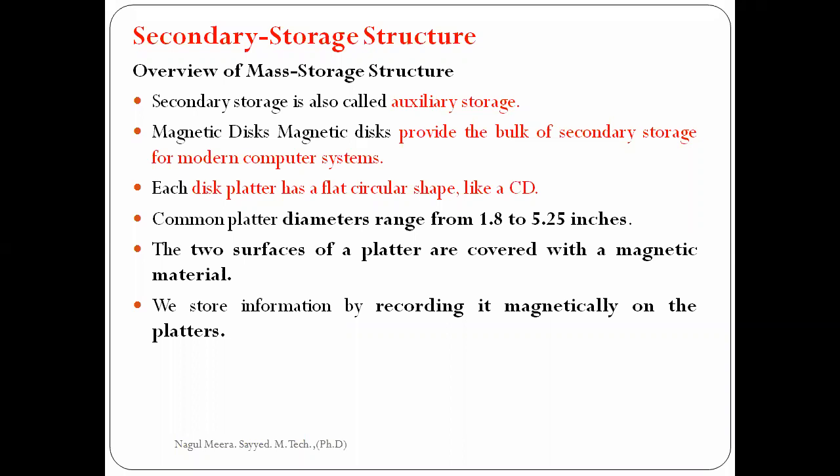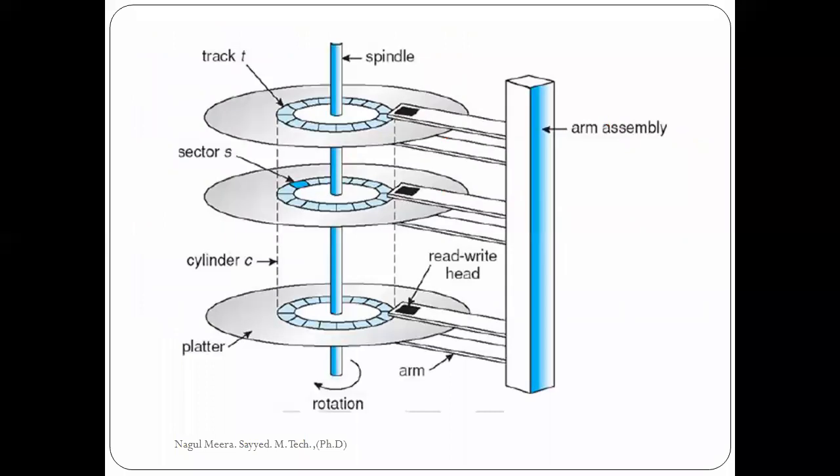Now, how does our secondary storage look on the inner side? If you open our hard disk, it looks like this. I am talking about the platter, which is nothing but a CD. This is a platter, this is a platter, this is a platter. In every hard disk a group of platters is available. The count may be one, two, or even 10.